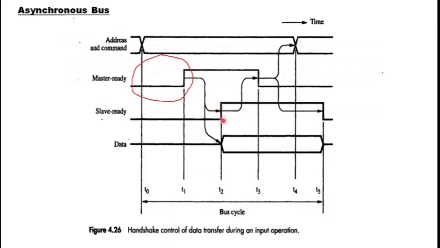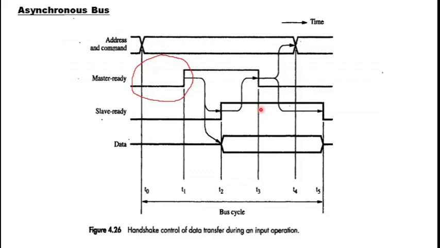Okay, so the response is marked by the slave ready signal, and the required data for the master is also generated at T2. And we know that it's an electronic connection, and electrical circuits carry the signals between master and slave. So the master won't immediately perceive the data or the slave ready signal generated by the slave. It may take some time, maybe the difference between T3 and T2. So by T3 the master sees the signal generated by the slave.